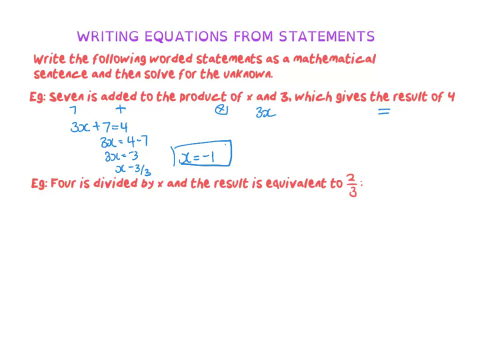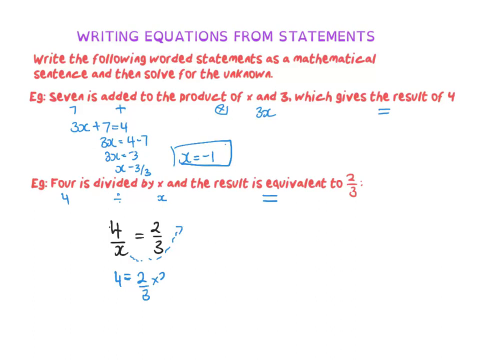Okay, so looking at our second example: 4 is divided by x, and the result is equivalent to, so that means it's the same as, 2/3. So if we write that out, 4 is divided by x, and it's equivalent to 2/3. Then we can go about solving it. Now we want x up the top, so I'm going to move that over. So I get 4 equals